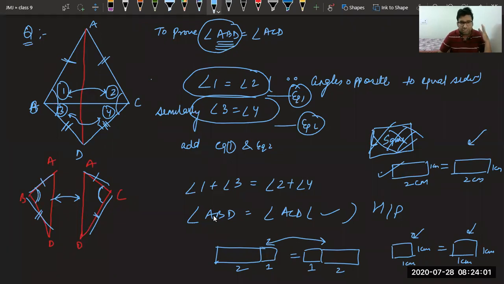Yes, sir. So by this way only, I have done adding left hand side, adding right hand side, they are also equal. But sir, how 4 equal to 6? Beta, where did 4 and 6 come from? Where is 6? Beta, 6 is nowhere. From where you are getting 6? 4 is not equal to 6. 1 plus 3 equal to 2 plus 4. That's it. We don't have any 6 in this question.